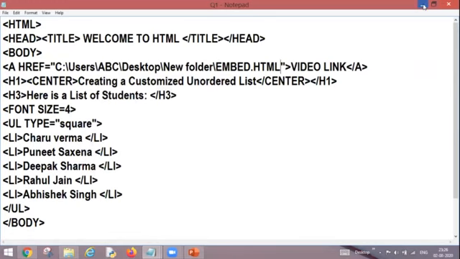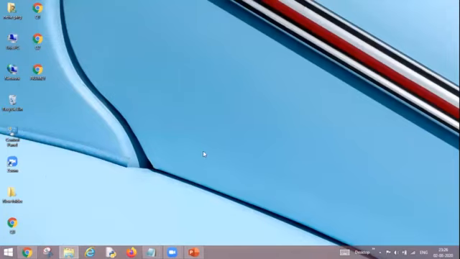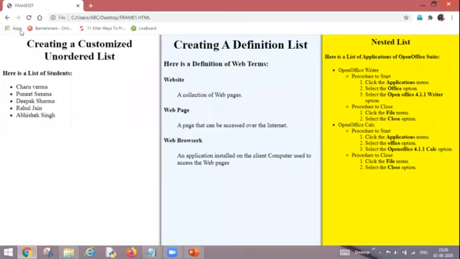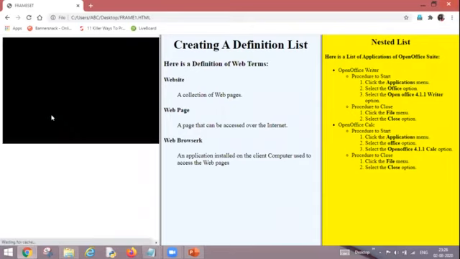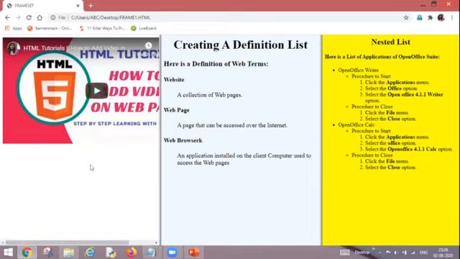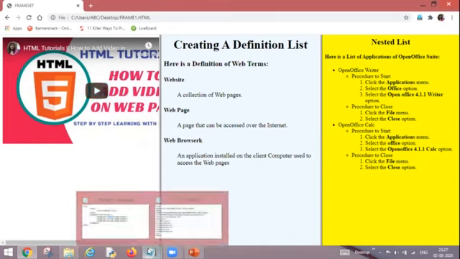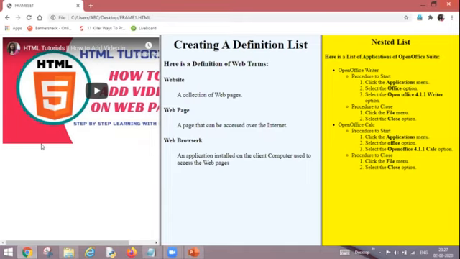Now what will happen? The video link is generated on my web page. Let's refresh it. Here is the link generated. If I click on it, the web page embed.html will be opened, and here it is, containing a video. But what do I want? I want that once I click on the video link, the video should not open over here. Instead, it should open in my frame 3. So how can I do it?